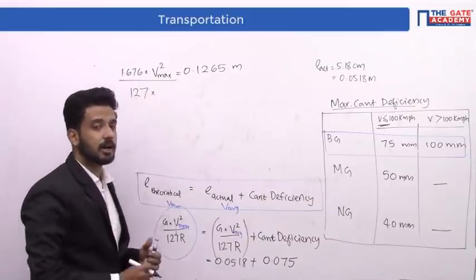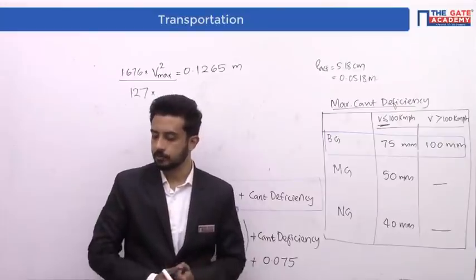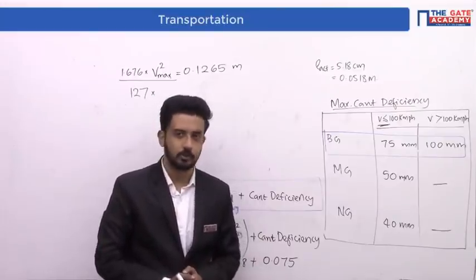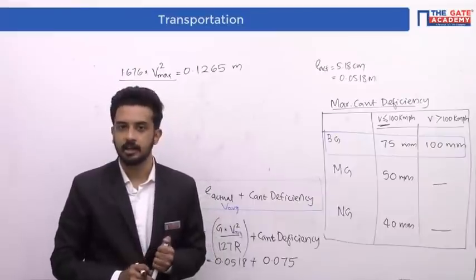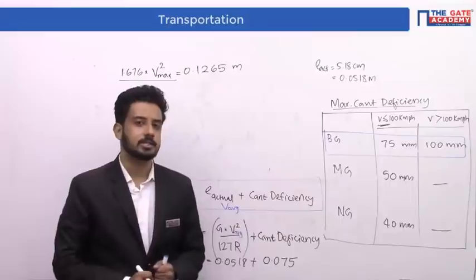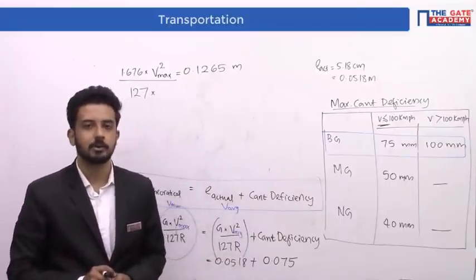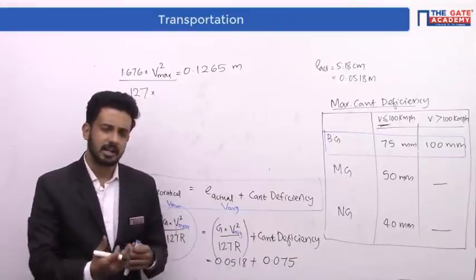What is the value of R? Whether they have given anything, just check. The radius of the curve is dash. No, they haven't given. Correct? So 99% in railway engineering, they will not give the value of radius. Why? Because in railway, generally we